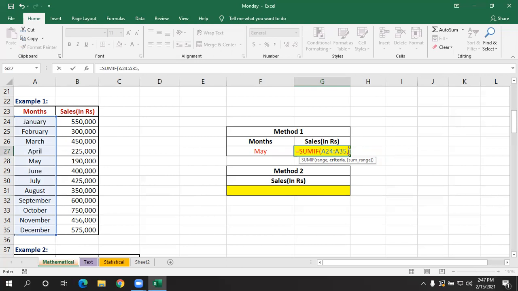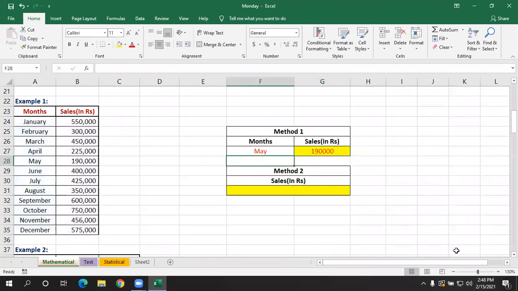I don't want to type it here. I'm going to select the criteria. My criteria is in which cell? F27, comma, sum range. Sum range means the column in which you are going to perform the sum based on this. So select this range, close the bracket, press enter.